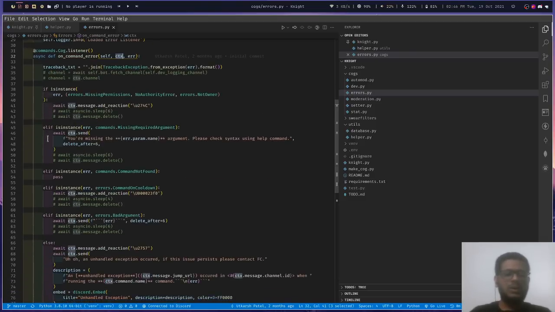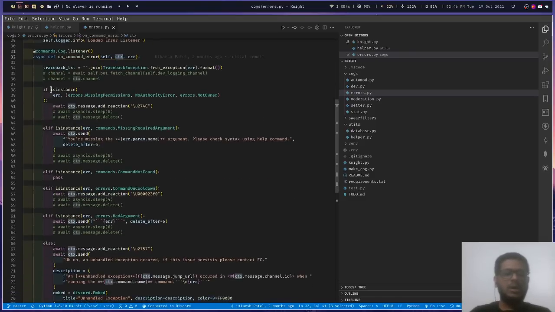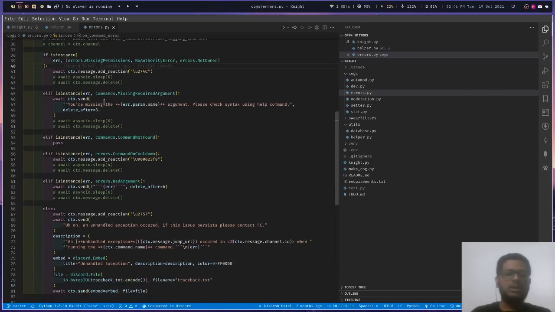So for example, if we have a certain error that a user who has invoked the command doesn't have proper authority, then a missing permission or no authority error will be raised, and we can either send a message or take proper action on it. Similarly, I have implemented missing required argument.